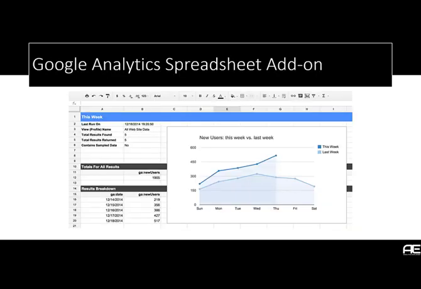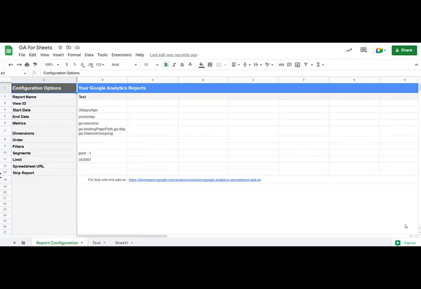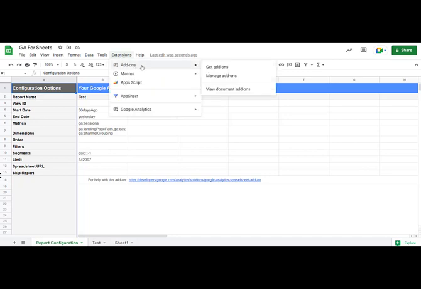Yet another easy way to download more than 5,000 rows from Google Analytics is using the Google Analytics Spreadsheet add-on. This could be by far the safest way to download the number of rows, since it would be in your own Google Analytics account and download all the data in Google Sheets. It's rather easy to use and install this add-on in your Google Sheets. All you have to do is go to extensions, add-ons, get add-ons,